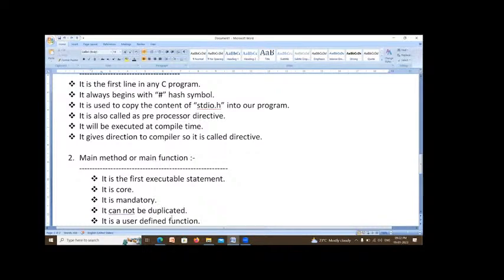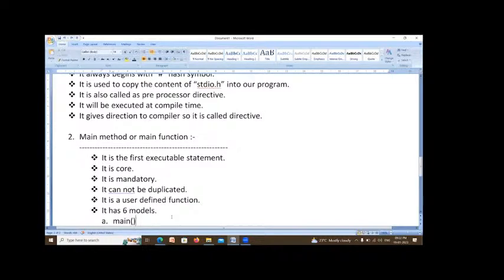You can write the main method only one time, so it is not possible to duplicate. You need to write the code for the main method, so it is a user-defined function. It has 6 models.